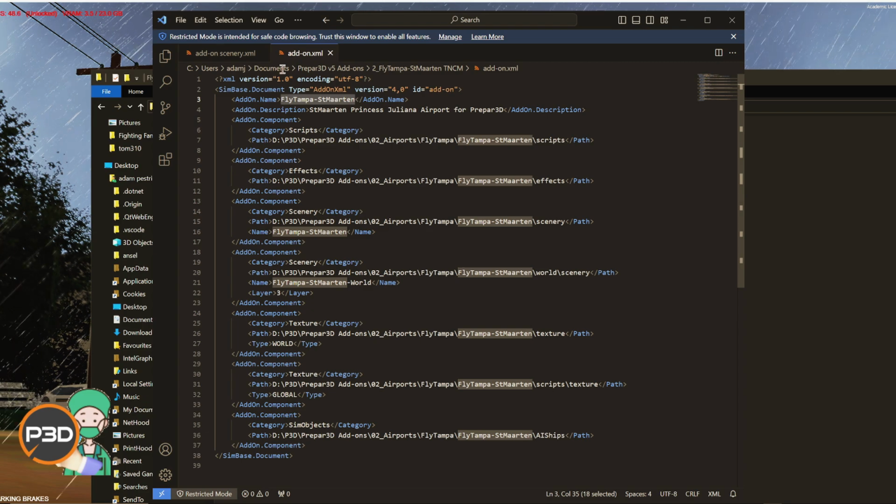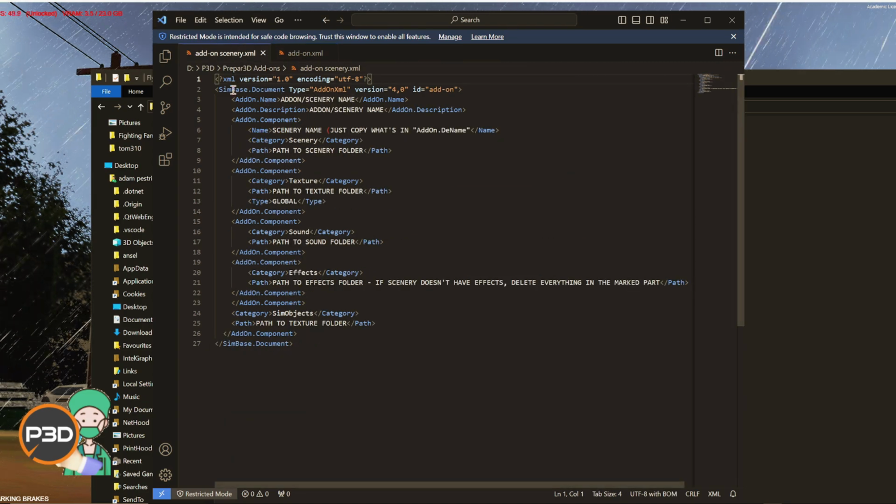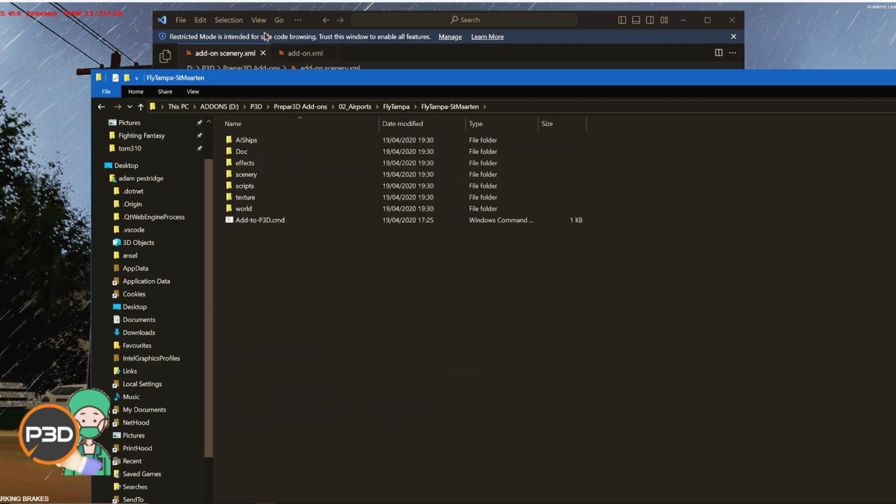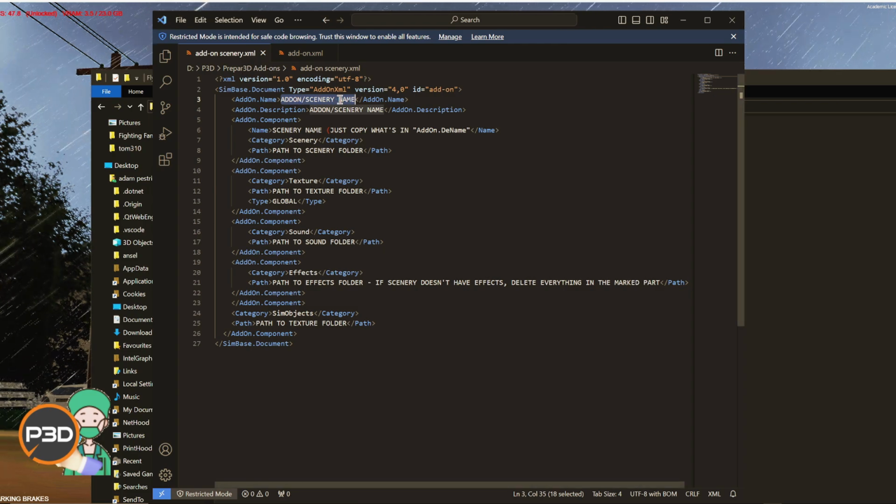So you've got your name in there. So in our actual template version, all you need to do is highlight this and replace it with the folder name itself. So you click on that, and then you'd highlight that, and then you'd paste it in there. Now, if you're using Visual Studio Code, it can be a bit easier in the fact that once you